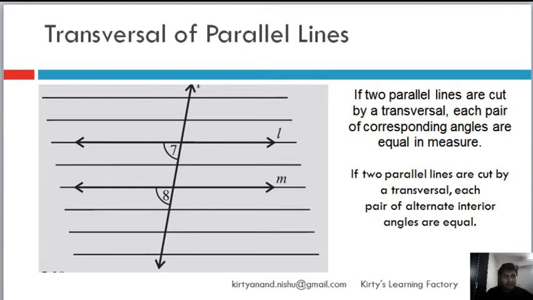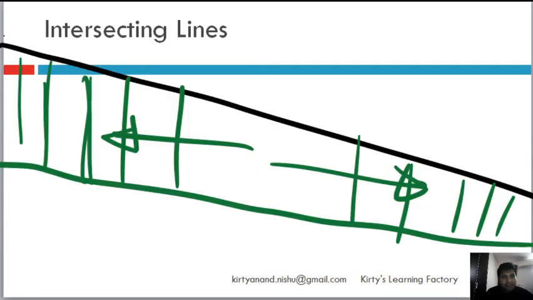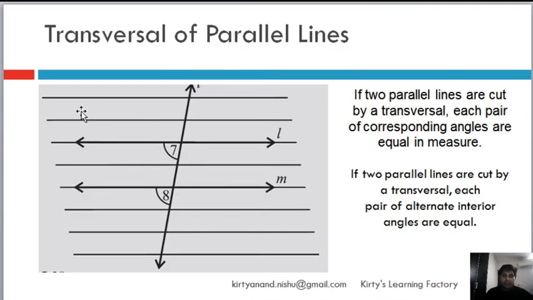So parallel lines are two lines, unlike these intersecting lines. As you can see, when I continue to increase the length, at one side the gap will increase, but on the other side the gap will decrease, and ultimately they will intersect. Parallel lines are lines like this, that you can extend till infinity, but the gap between them is constant.